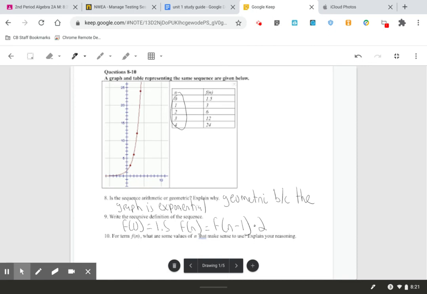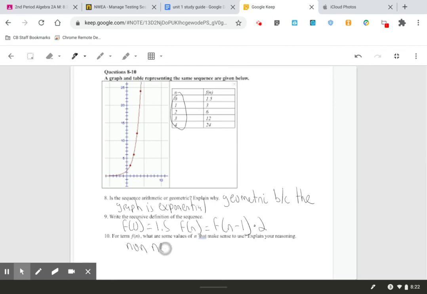Remember, n is the variable that we use for term number. So if I said let n equal 1.2, that wouldn't make sense because that would mean find the term 1.2. There's no such thing as that. Likewise, if I had said let n equal -5, that also wouldn't make sense because that would mean term number -5. So to answer the question, what are some values of n that make sense to use? The values of n would be